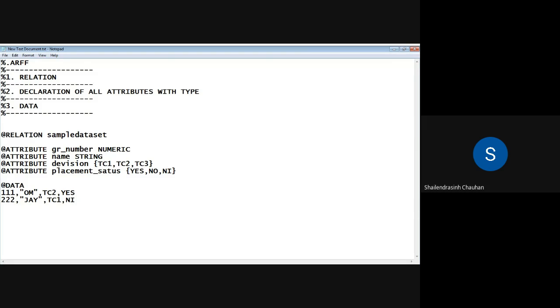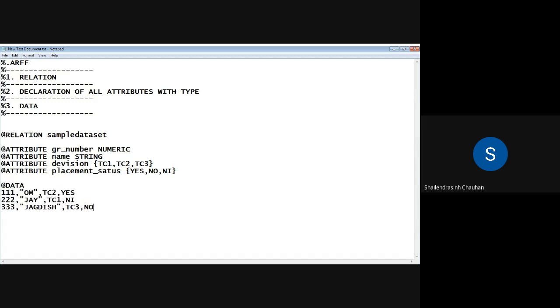And third student, name, then class, let us say TC3. And placement status, let us say no. So here we have 4 attributes and 3 instances with the data of 3 students.